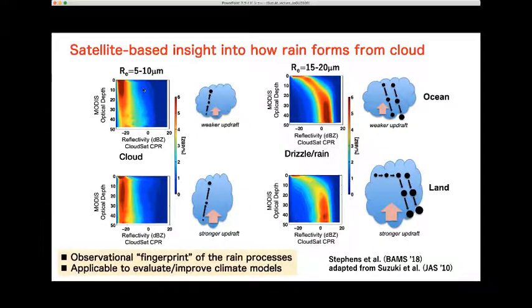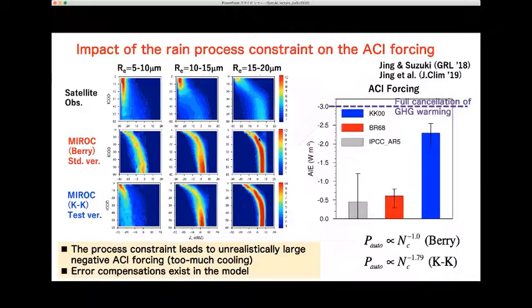observation data. And now we can use this kind of information to better evaluate the climate models. Here is just one example of that kind of model evaluation using the satellite observations, showing how the observation statistics can be used to improve the corresponding model statistics of the rain formation process, for example. But